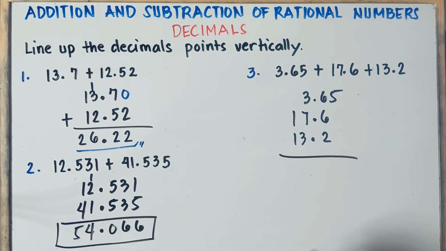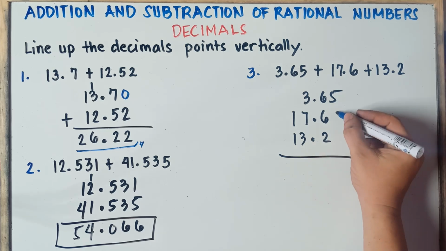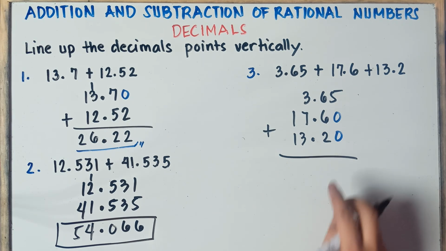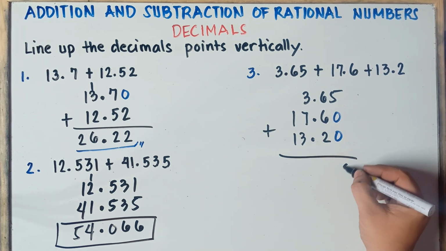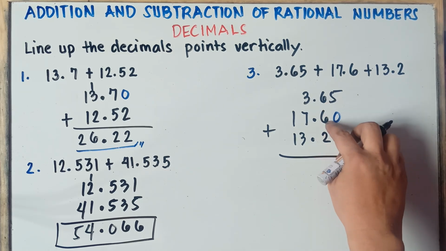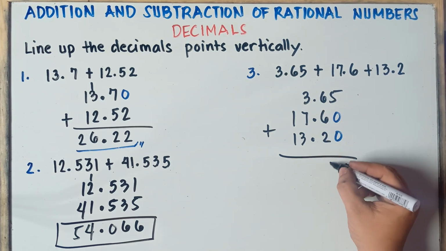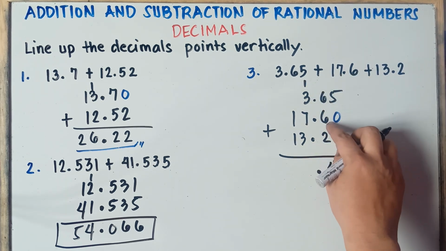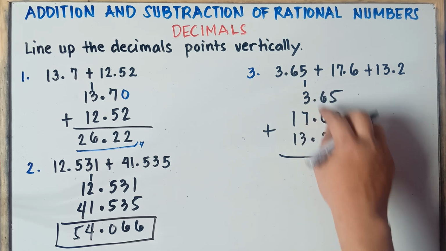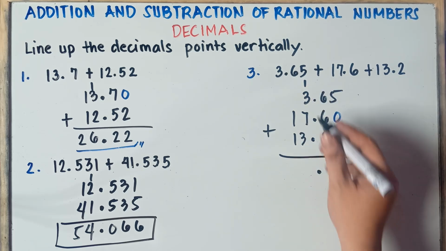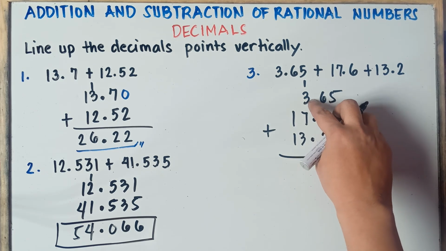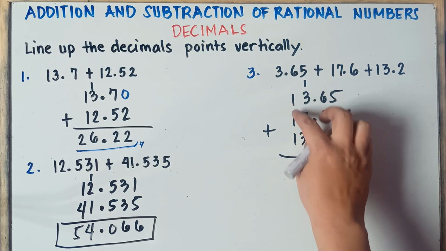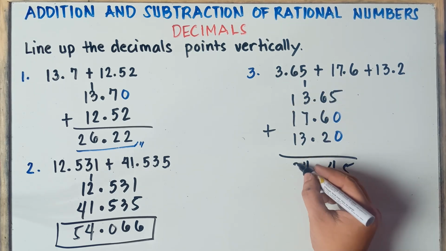Alright, so once again, we can add zeros to the right of the decimal point. So add 0. That's okay. Alright, and then plus. So 5 plus 0 plus 0, that would be 5. Bring down 5. 6 plus 6 is 12, plus 2, that is 14. So copy the decimal point. 4, carry 1, and then you put the decimal point, you align. So 1 plus 3 is 4, plus 7 is 11, plus 3 is 14, carry 1, 1 plus 1 is 2, plus 1 is 3.